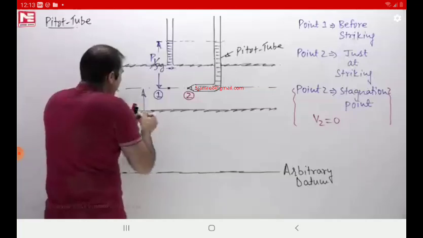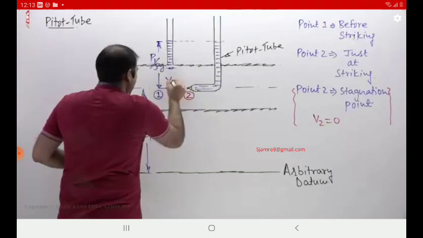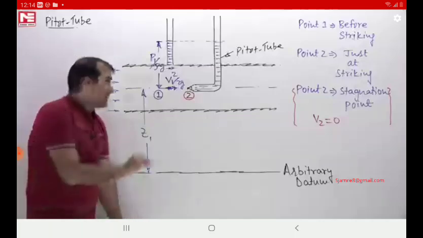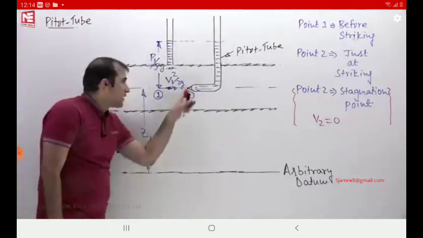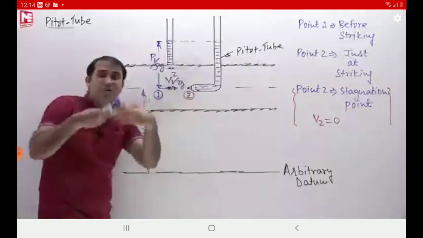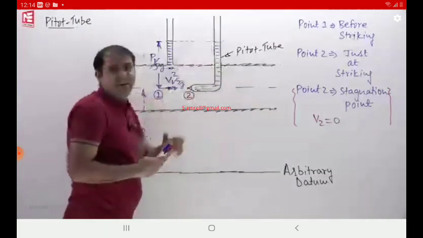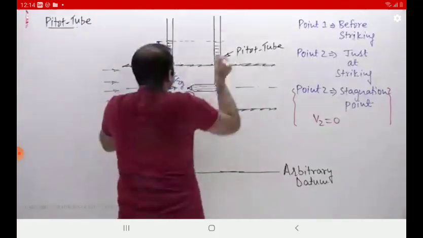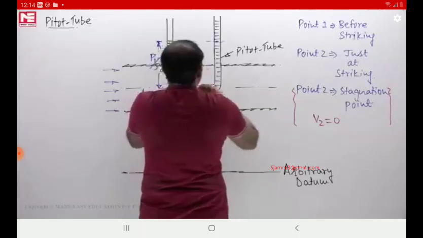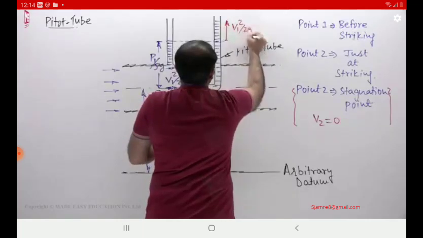If you look here, we have a kinetic head of the flow also. This is the kinetic head at this level, V1 square by 2G. But as soon as the flow comes and hits here, the velocity here becomes equal to 0. So whatever the kinetic head is here, it is going to be converted into pressure head. So my dear, here you will not see this level, you will see something else, and the level here is this. And the difference will show you the value of V1 square by 2G.